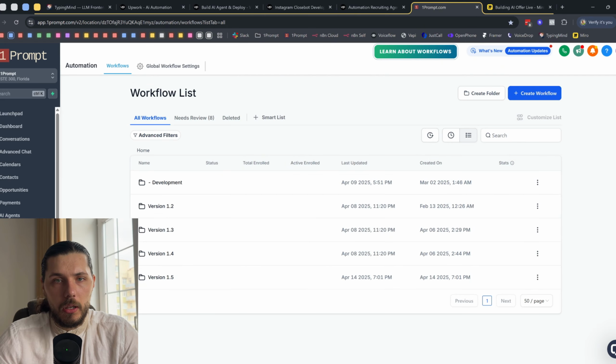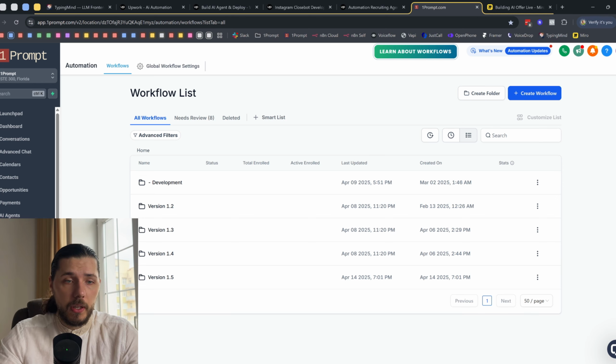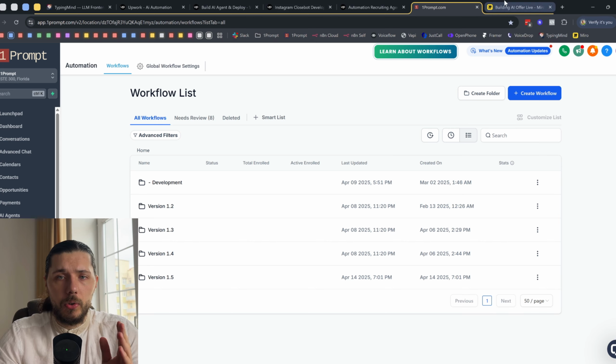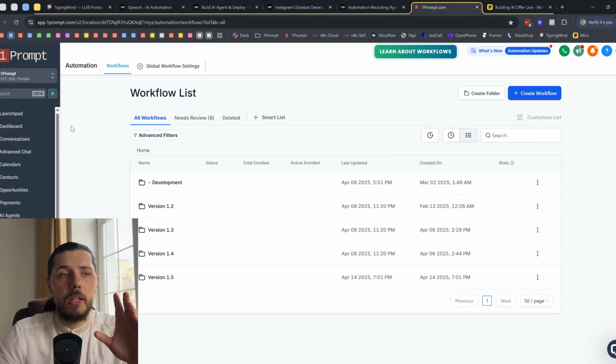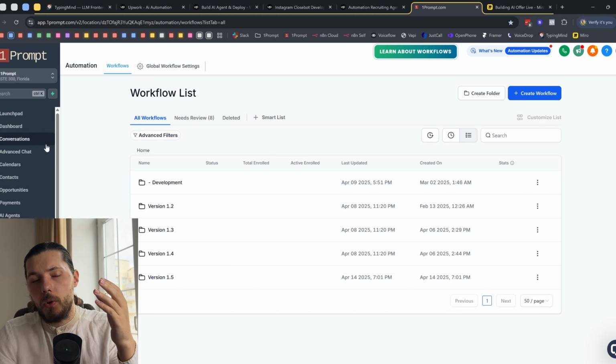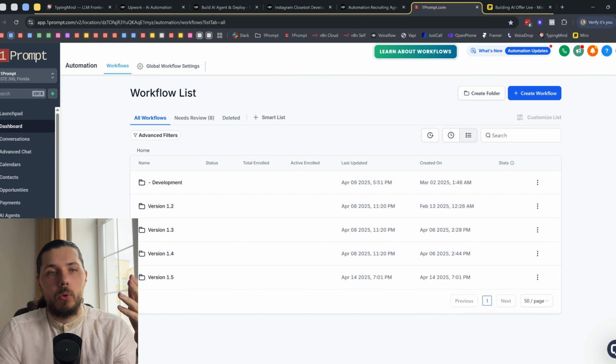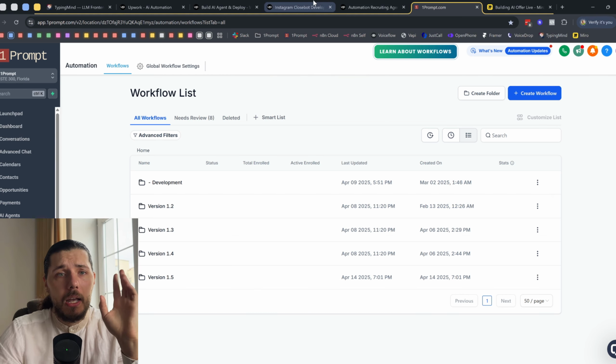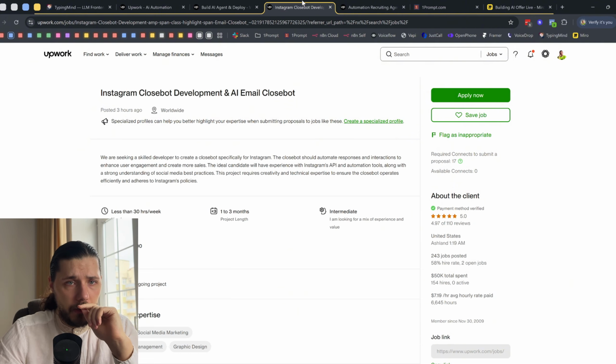It's basically a suite of automations and agents that we offer to our members, which you can get access to and resell. Everything is built in HighLevel and powered by Voiceflow. This is what we're probably going to use, but not One Prompt specifically, so that it's easier for you if you have your own HighLevel account. And if you don't want to go with One Prompt, you can build it yourself. But okay, I like this one.